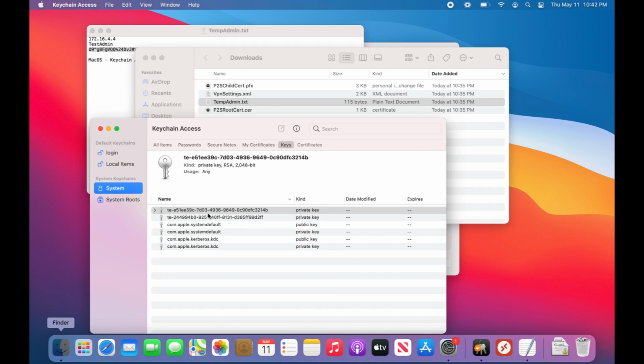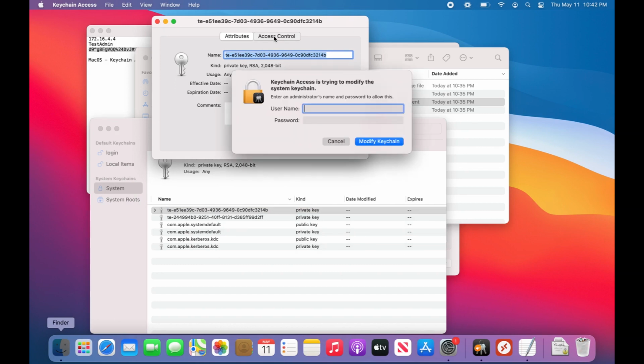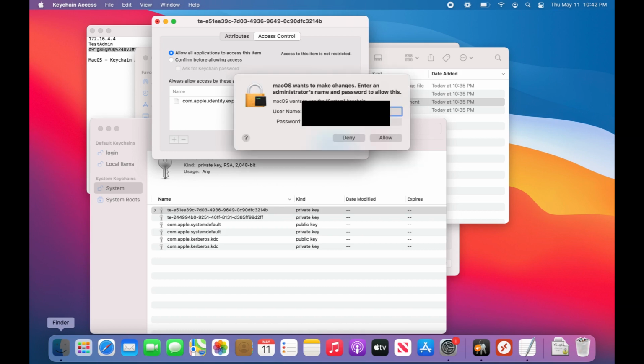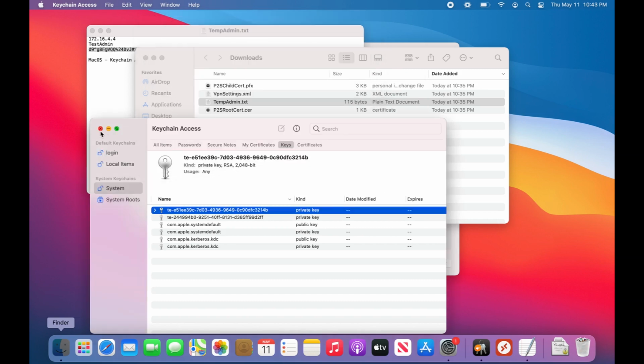It's one of these two private keys. I'm going to think it's probably this one. We're going to test this one first. We're going to get info, and we're going to go to access control. We're going to enter in our administrator password, and we're going to say allow all applications to access this item. And we're going to save that change, and then we're going to test it